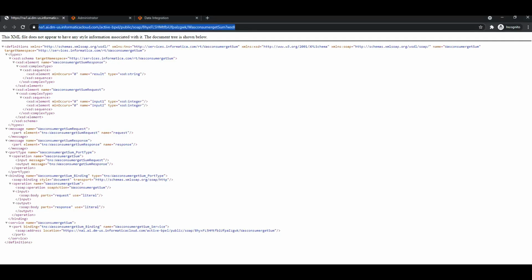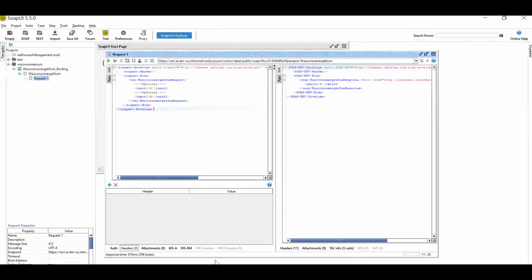This is my WSDL URL, using which I am going to create a connection today. Make sure to test the API outside of Informatica prior to using it in the connection, since the testing option will not be available there. You will get an error while using it inside the mapping. So you can use SoapUI or Postman to test the details.